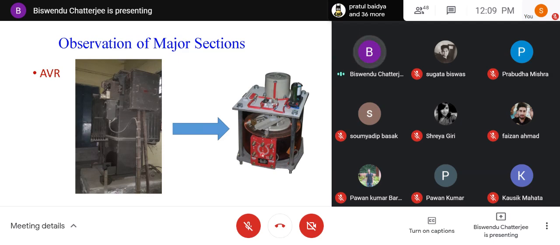This is called the wiper. If this wiper touches the end, you will get the full voltage. If it is at half position, you will get half voltage. In this way, a variable auto transformer system is generated. This is continuously variable, not discrete taps, but continuous taps. Here you can get 10 volt, 20 volt, 30 volt, 40 volt, 50 volt, whatever you want.